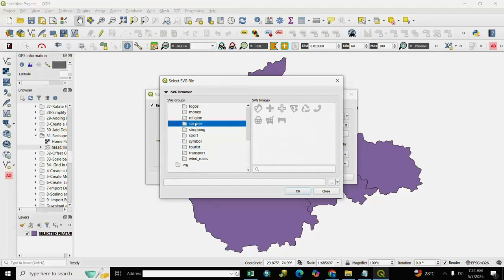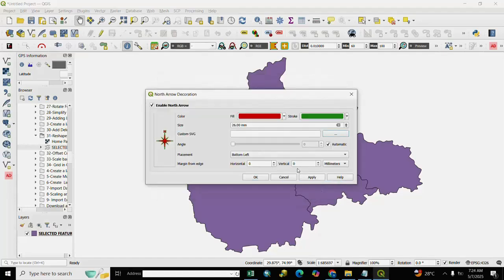If you want to custom you select as per your requirement, we close it. And angle, if you want to draw a angle you select here angle, we write here 60. Your North Arrow move in 60 degree.